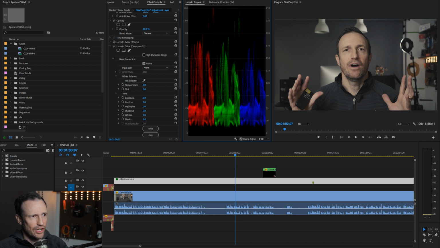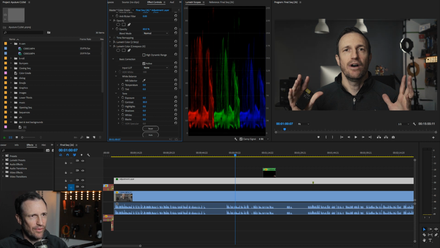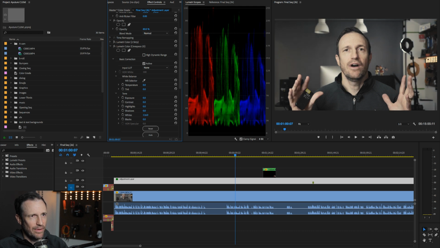Either I could go to contrast and increase the contrast, which is going to stretch things out. But that's just dropping too far down into the darks for me. It doesn't look that good. So I could take the whites here and pull those up to get things brighter, but now skin's starting to look overexposed. Where my face is at, you want that probably more down in the 60,